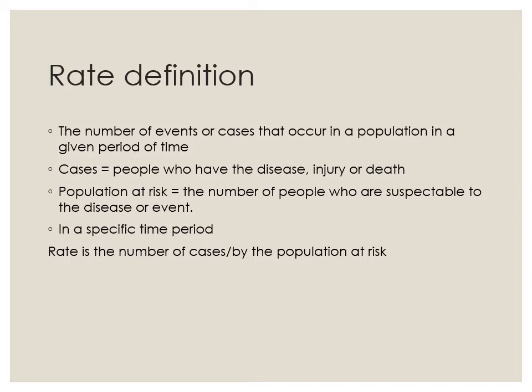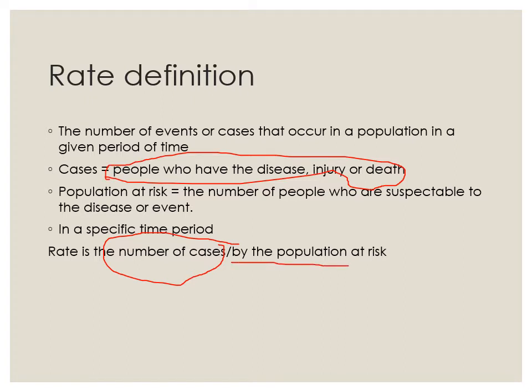Population at risk is the number of people who are susceptible to the disease or event in a specific time or period. Rate is the number of cases, okay? Those people who have the disease or injury, right there, divided by the population at risk, okay? That is considered a rate. So you're basically creating,